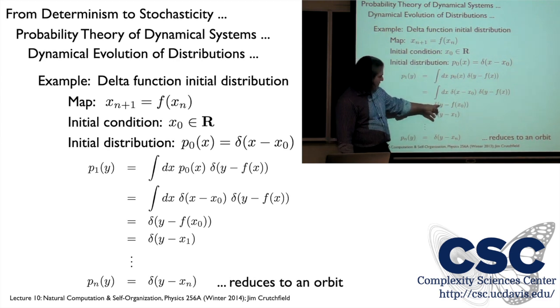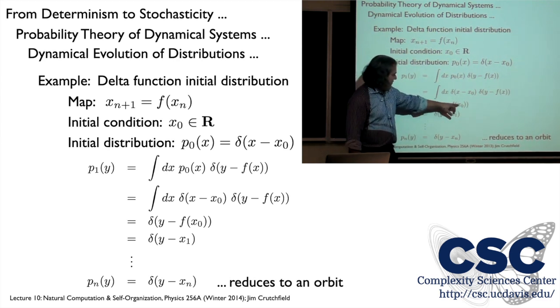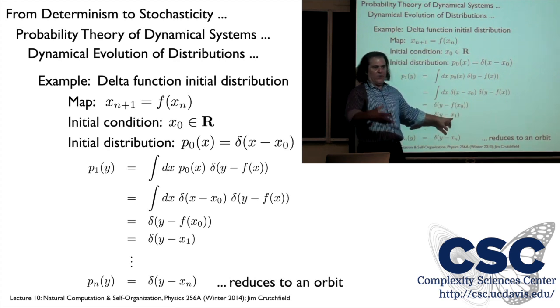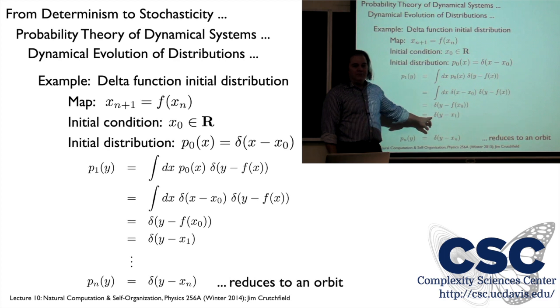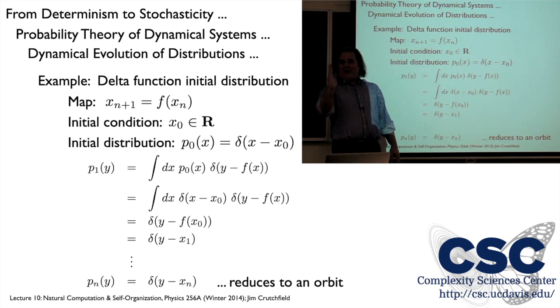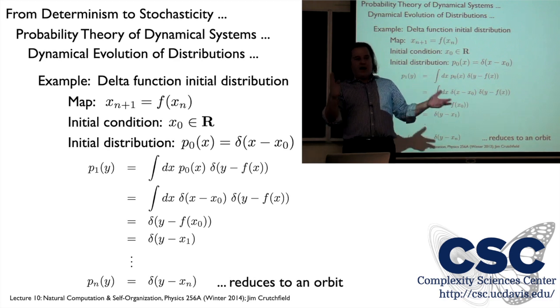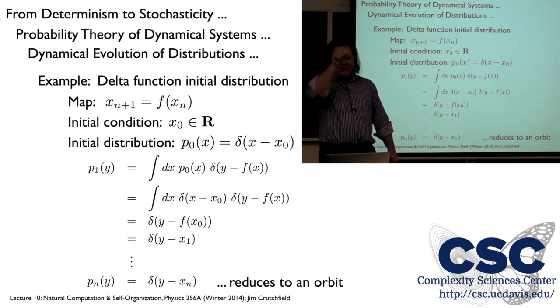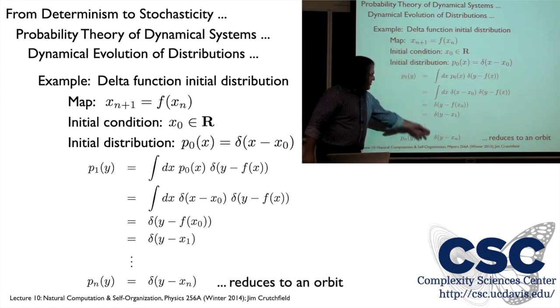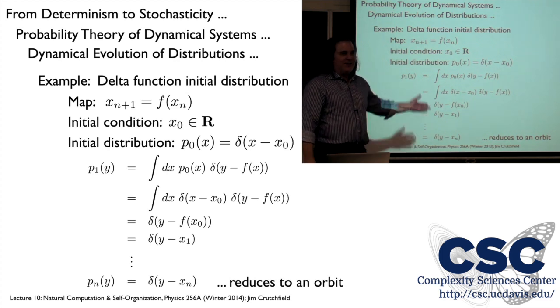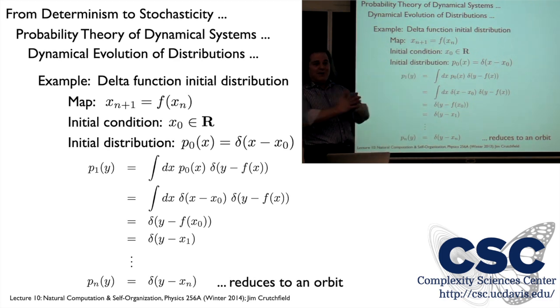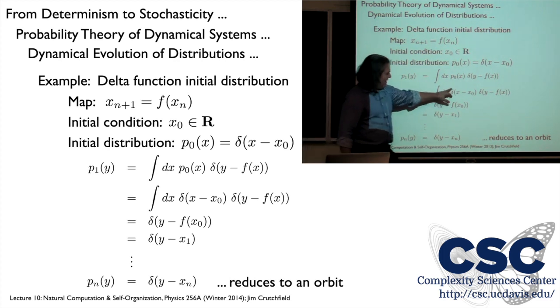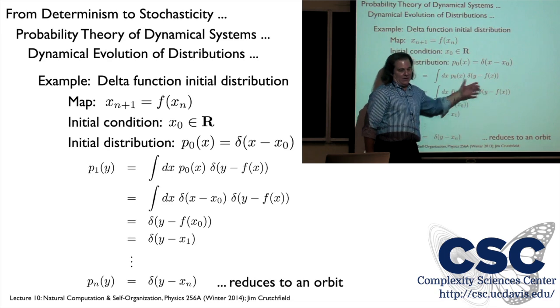Well, what's that? That's a delta function at y minus f of x0. Well, what's f of x0? That's x1 by definition. What's this? That's a distribution all concentrated at the next iterate, x1. Okay, so we just, through contortions, proved the obvious. Namely, that if we start with all of our probability on a single point, it gets pushed forward and follows along a trajectory. Well, it's a consistency check for this operator, that at least in this special case, it reduces to that. But you can see how this works. It samples, even if the other thing's a delta function, this rule still applies.